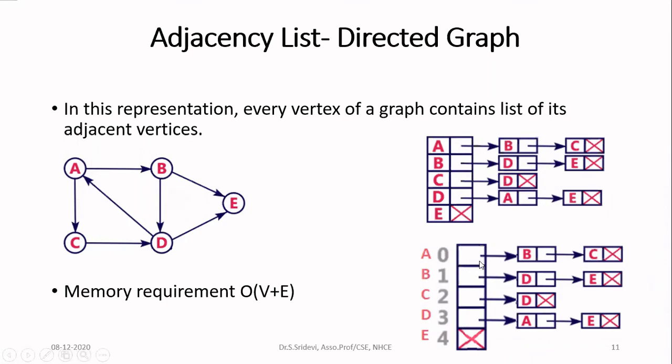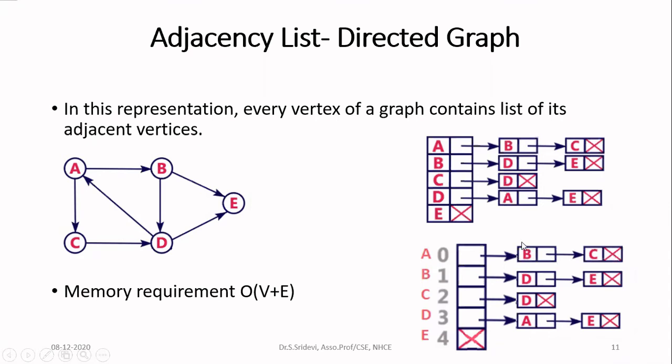Then what will I store in this array? In this array, you are going to store pointers. Pointer in the sense address. So what address am I going to store? For every node, I am going to create only the neighbors as a linked list. Here, A is having 2 neighbors, B and C. Okay, that is 2 outgoing links are there in A. So I will create a singly linked list with 2 nodes. One is having a value B and the other is C. In case of the link field of B, I am storing the address of C. In case of the link field of C, I am storing null because this is the last neighbor of A.